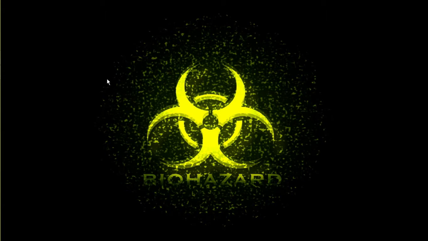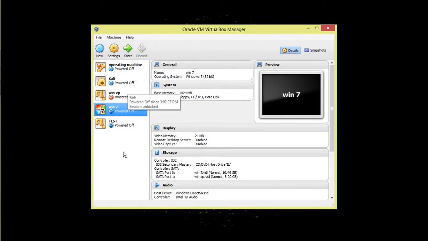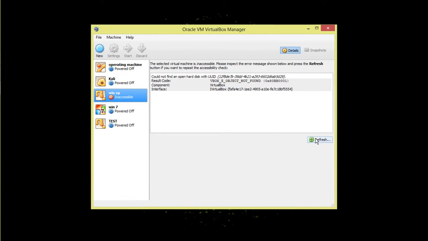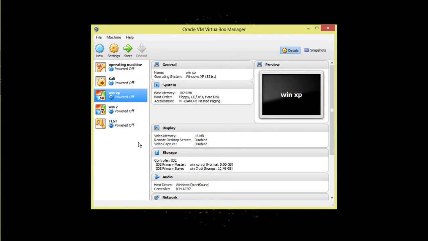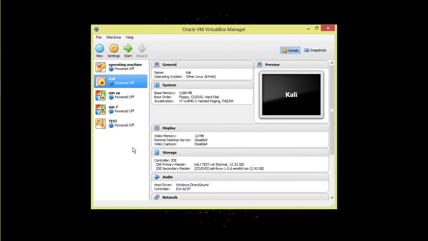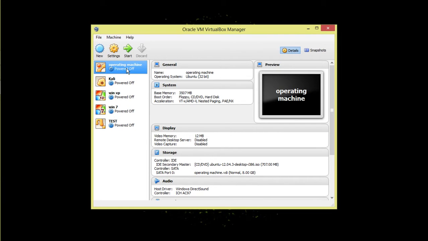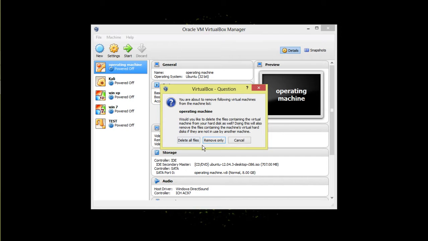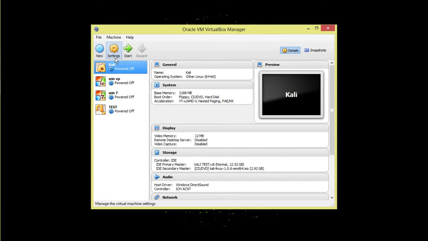Once you download that, just open it. It'll look like this. I've got these machines. So far I have 5 machines. So basically what you do, I will create a completely new one. I'm going to delete my operating machine here. That's my Ubuntu machine. I don't need that anyway. So once you have it, none of this will be here. It'll just be blank. Basically what you do is you hit new,